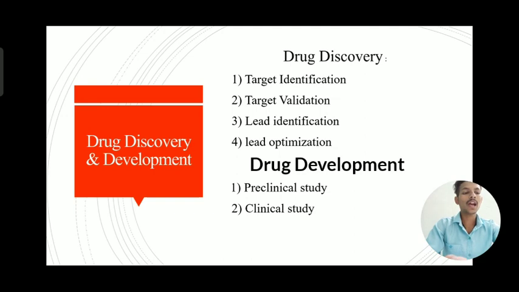Firstly, we have to identify the disease or problem for which we have to find the drug. It can be any organ, gene, tissue, protein, etc. Some sub-receptors are involved in this: GPCR, nuclear receptor, ion channel, and enzyme, etc.